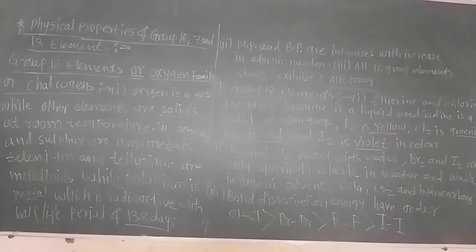That is the reason, lone pair repulsion is the reason why fluorine has less bond dissociation energy than chlorine. Do you understand? That means to break the chlorine bond, a large energy is required as compared to breaking the fluorine bond, because in fluorine the lone pairs are very close to each other, they repel. As electrons are near, they repel, and therefore very little energy is required to break the fluorine bond. And after that there is iodine. Now this is the bond dissociation order.